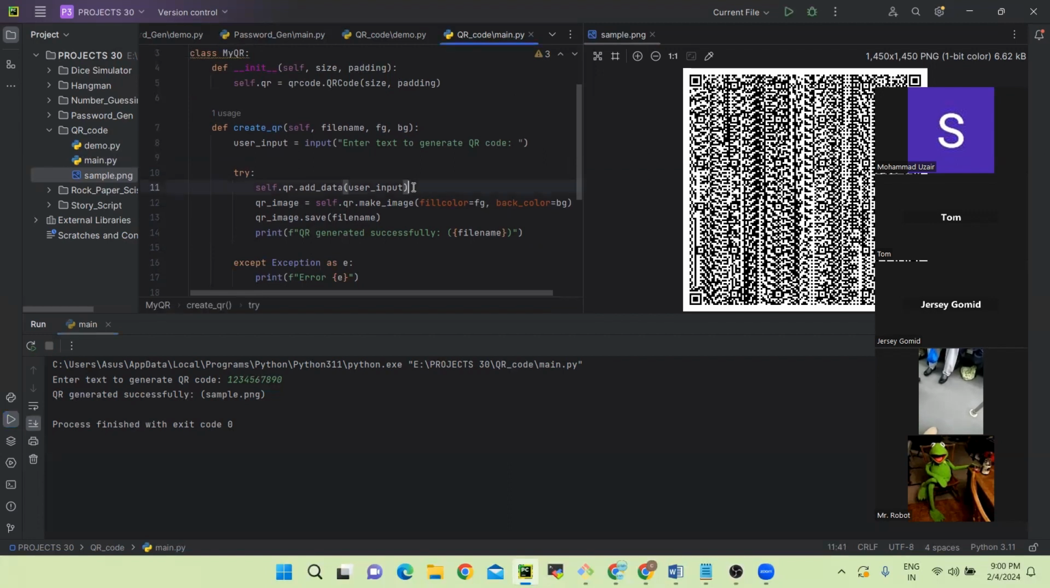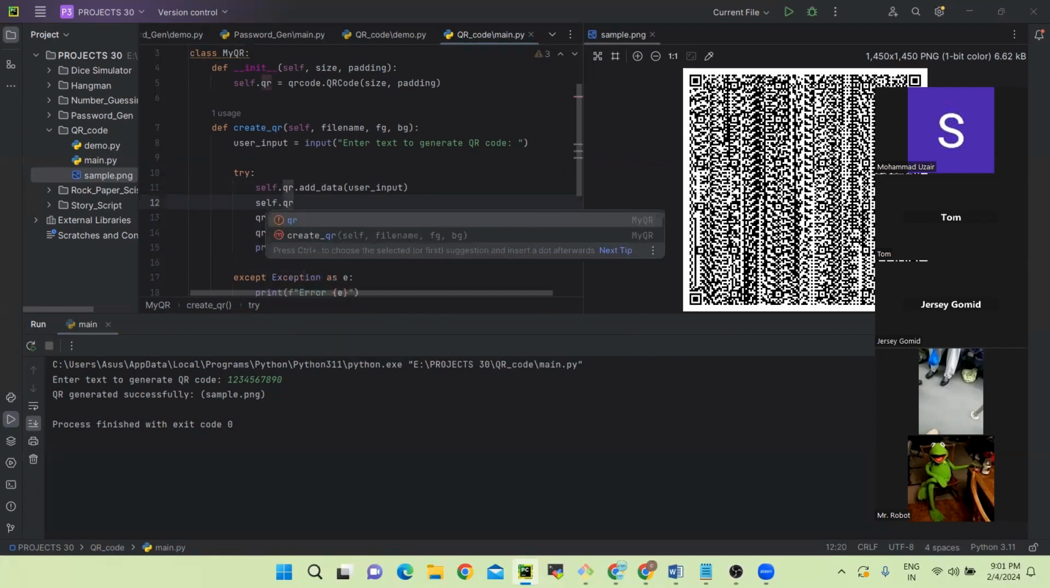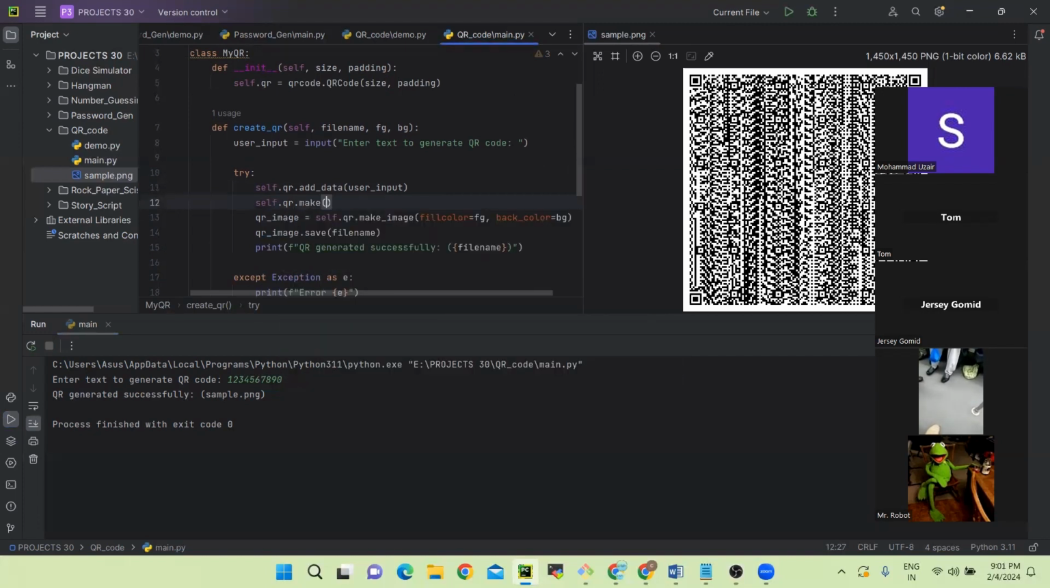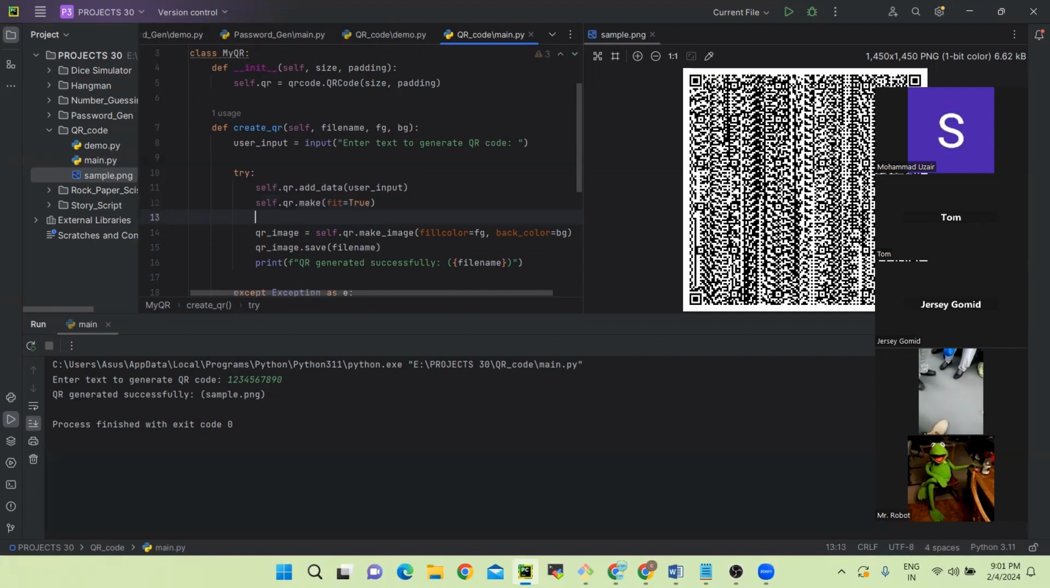So here, user data QR code file with true. Self dot QR dot. Let's make it fit for all types of screens, for mobile, for laptop, for desktop. So we can give this fit equal to true. And for a custom file name, you can use it like this, file name equal to,